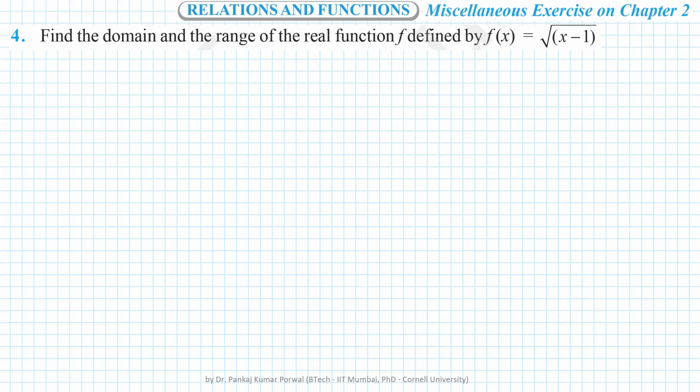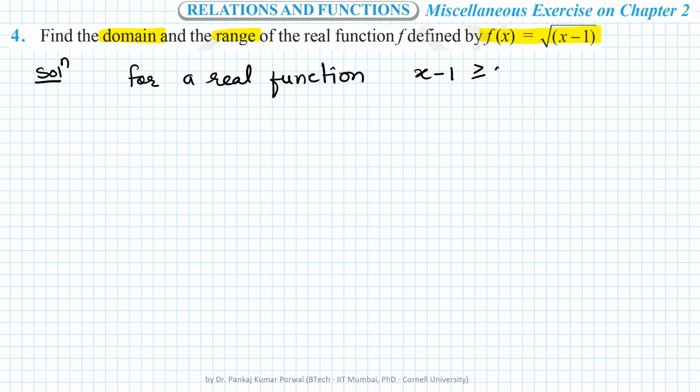In this question, we need to find the domain and range of the real function f defined by f(x) equals square root of x minus 1. We know that for a real function, the expression in the square root should always be greater than or equal to 0. So we get x minus 1 should be greater than or equal to 0. This will give me x greater than or equal to 1,